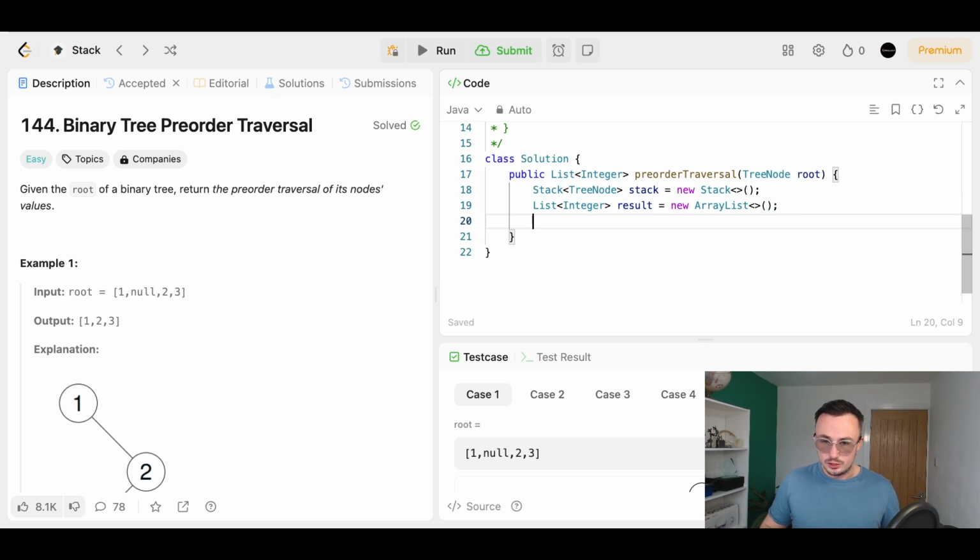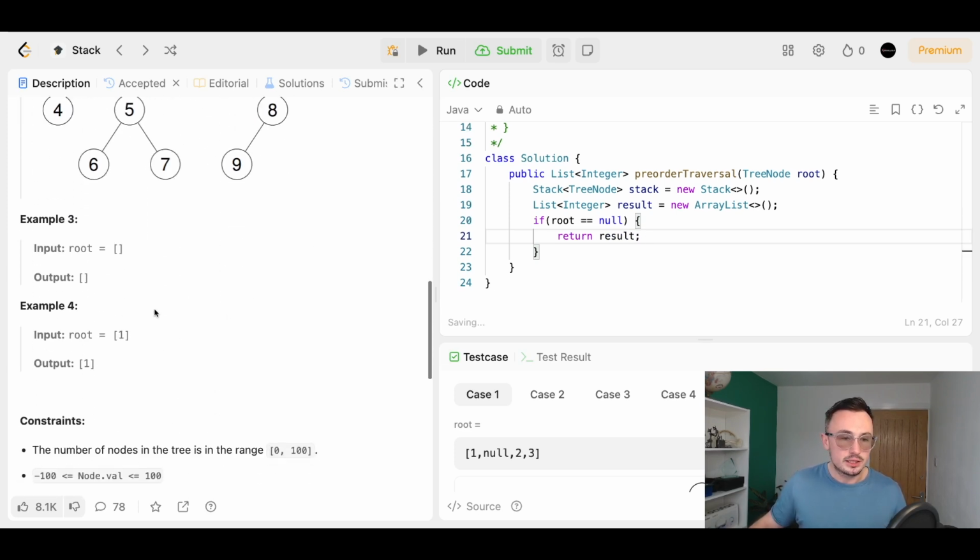And then what we want to do is check if root equals null. If root is equal to null, we just want to return result. And that will handle the edge case, which we can see here. So if root is equal to null, just return an empty array list. So that handles that. Cool. Then, if root is not null, we then want to stack.push